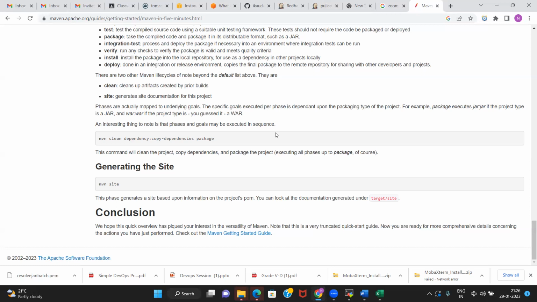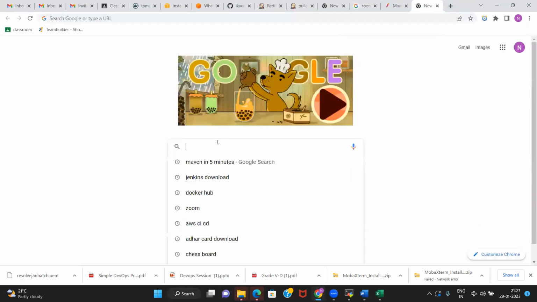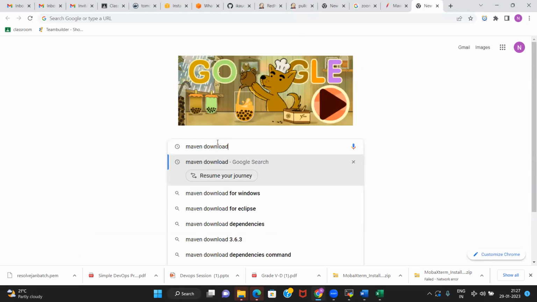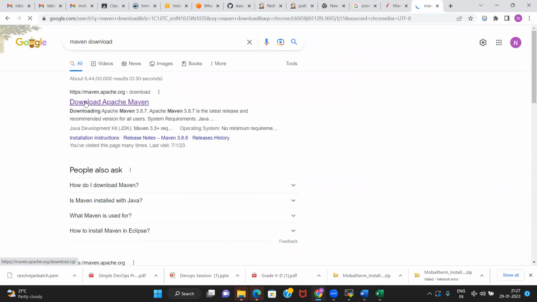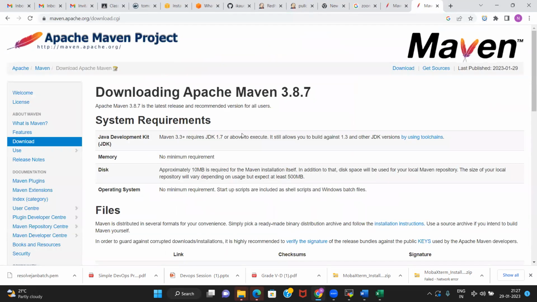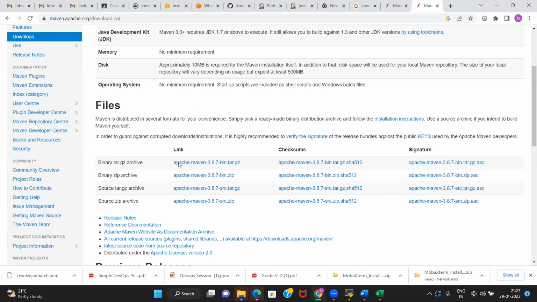The simple thing here is to search for Maven download, and you will get to the official site. Here you will get multiple links. Out of these, you need the bin tar.gz one, for Linux on this machine.